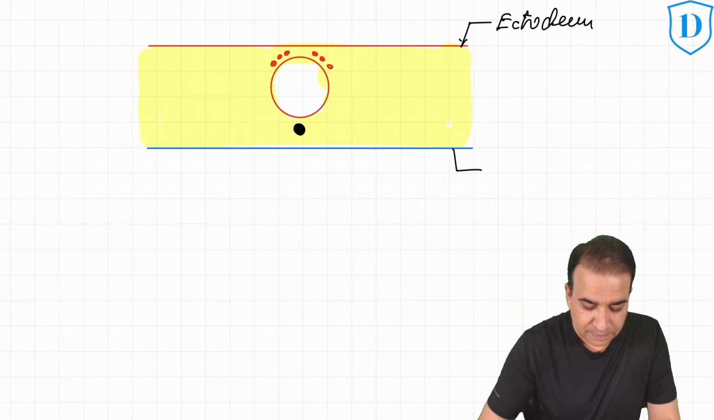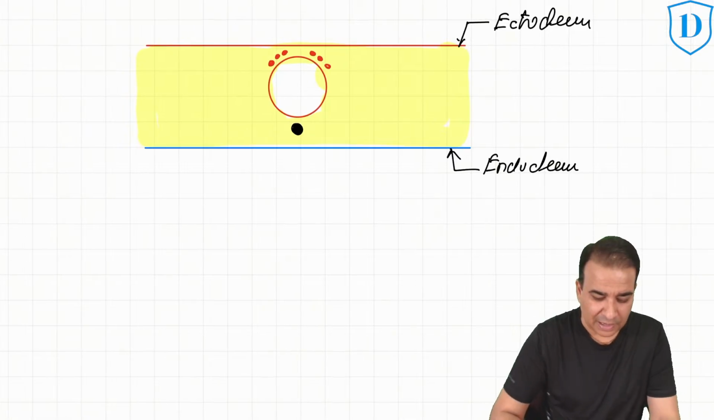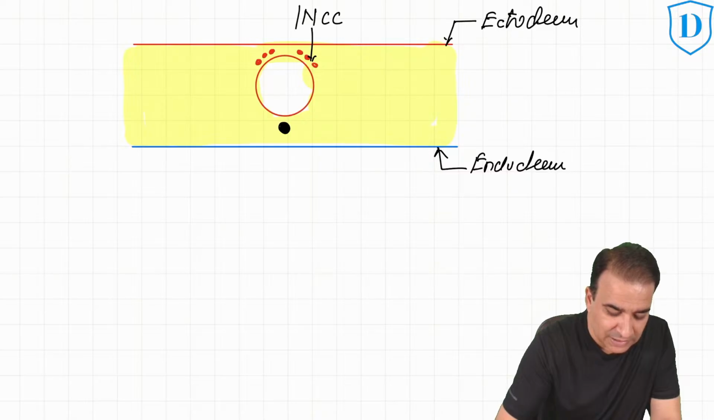Ectoderm, this is endoderm, and then mesoderm will divide into further parts. I'll come to that, first let's mark this. These cells, guys, what cells are these? These are the neural crest cells. This is neural tube,